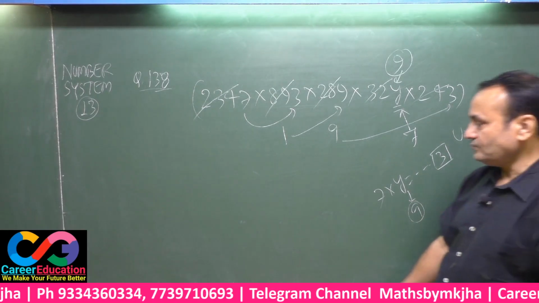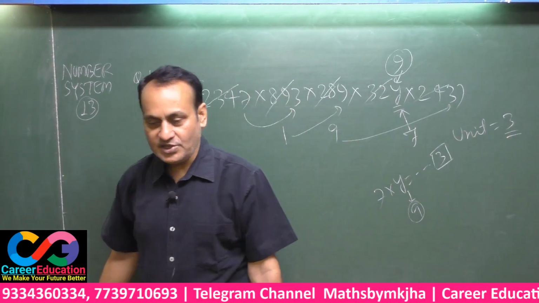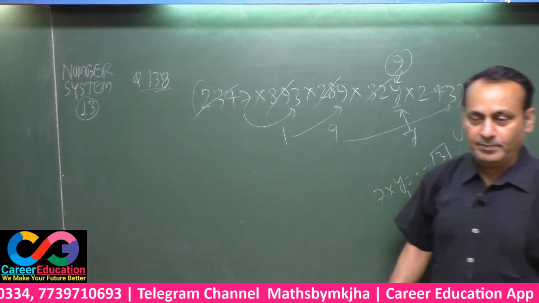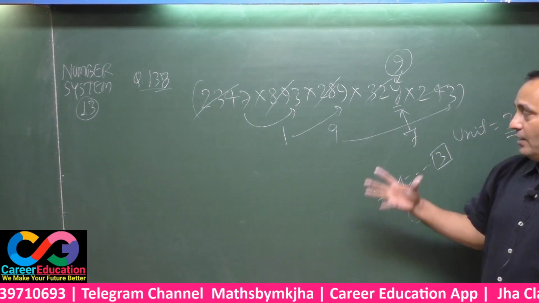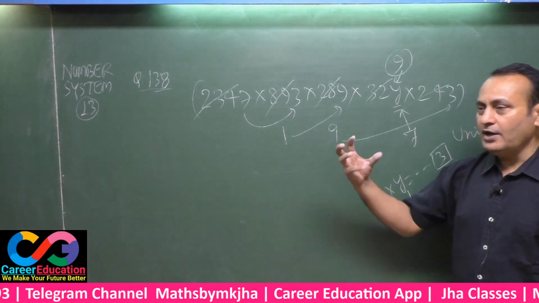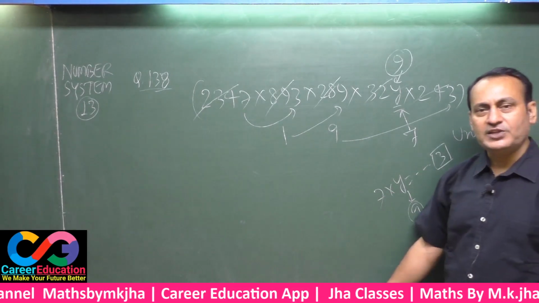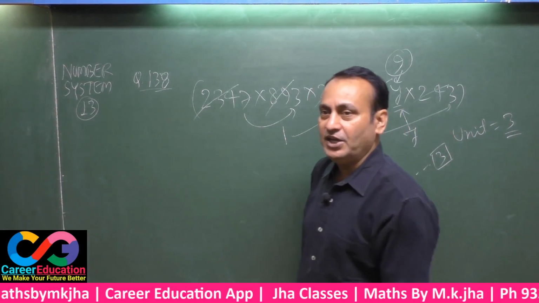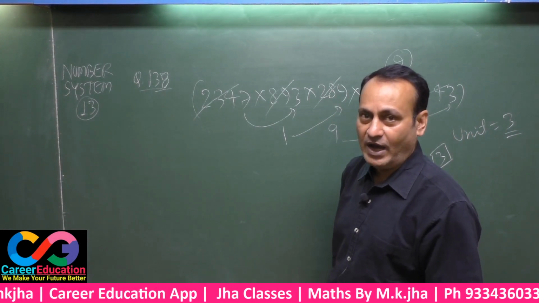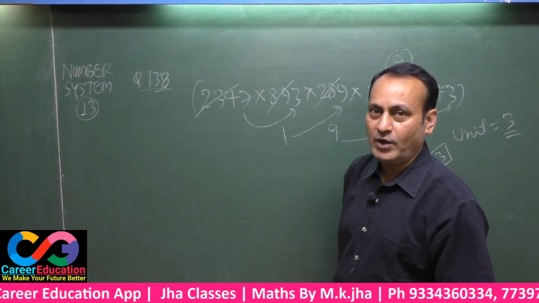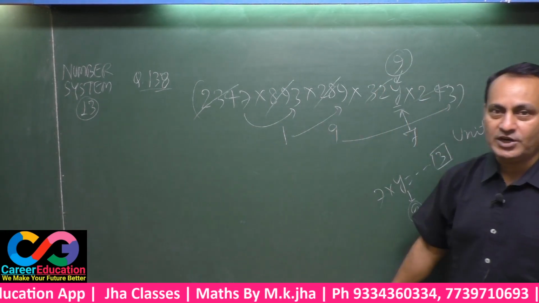Solved. This is a reverse situation of the usual question. Most times you are asked to find the unit place of the product, but in this question the unit place of the product is given to you and there is a missing digit denoted by y, and you have to find the value of y, in such a case where the unit of this product is 3.